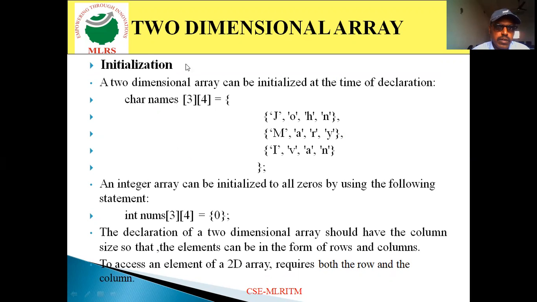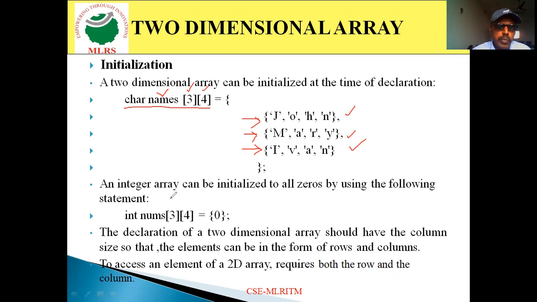So in this way, we declare a 2-dimensional array variable. Now, initializing. Here we initialize the list of values to a 2-dimensional array. So char names of 3, 4 means I am going to specify 3 rows and 4 columns. Here I am going to store 3 names, and each name has a maximum of 4 letters. The first name John, second name Mary, and third name Ivan. Like that, I store these values in the 2-dimensional array names. You can also specify integer values. Int names of 3, 4 means we can store 3 rows and 4 columns of integer values.